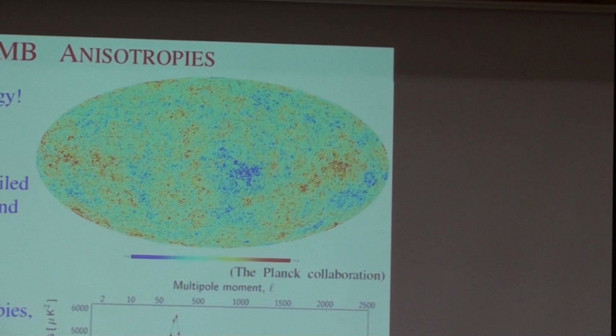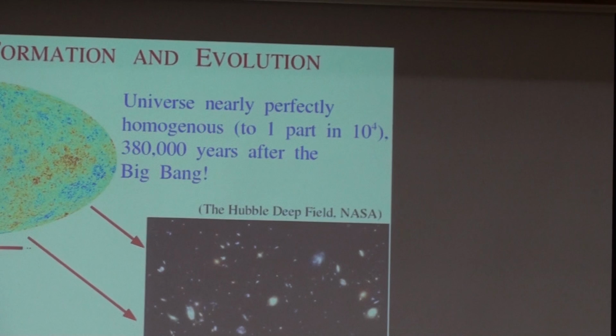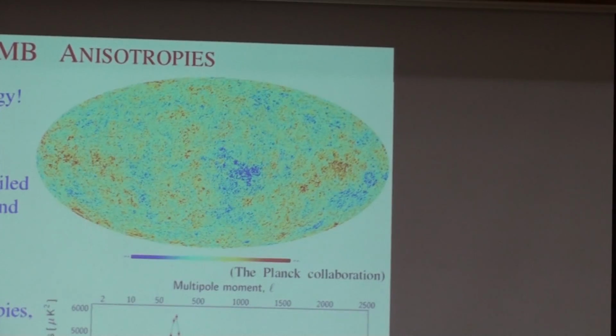So now there's a big question mark. As I said, this universe is nice and homogeneous and isotropic at very early times. And then you form galaxies. So the big question is, this universe was nearly perfectly homogeneous. As I said, to 1 part in 10 to the 4. Remember, these numbers are minus 200 microkelvin plus 200 microkelvin. The biggest anisotropy here is 0.2 millikelvin, sorry, while the temperature is 2.7 Kelvin. So the anisotropies are 1 part in 10 to the 4.